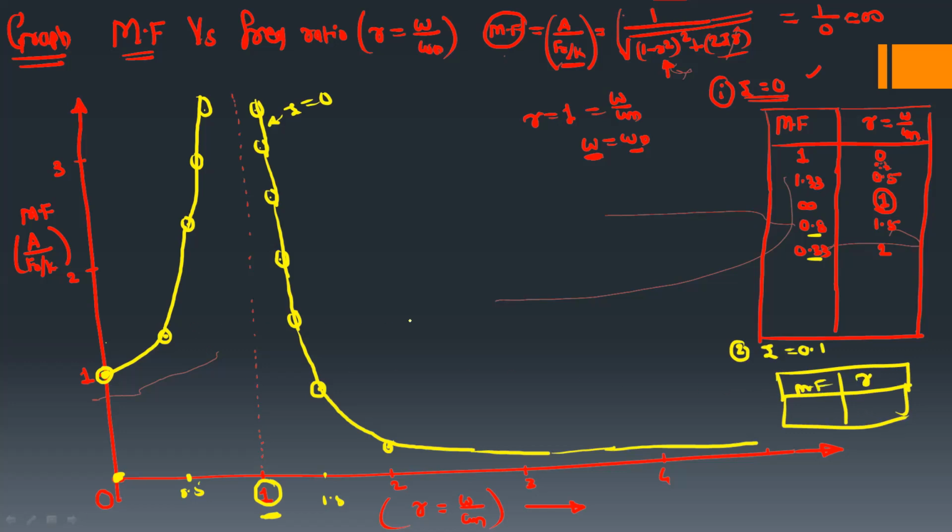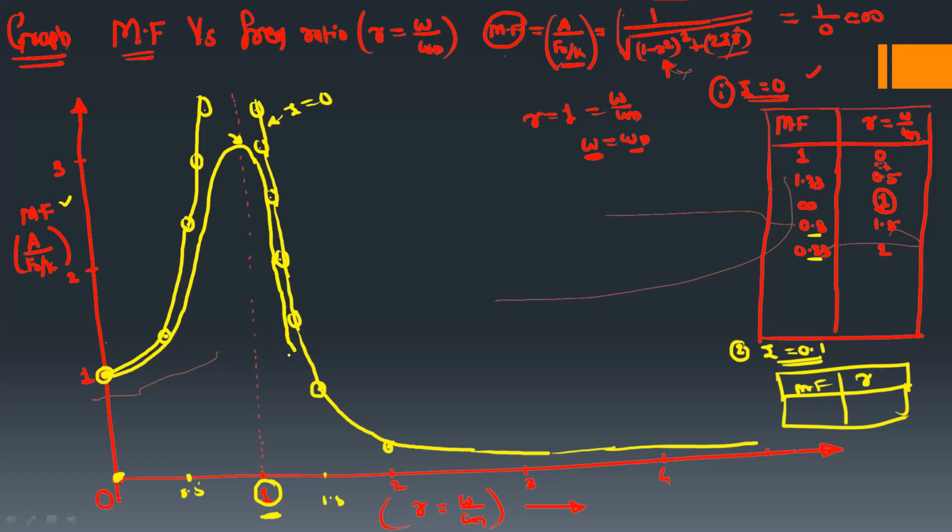Okay. So what is the effect of adding the damper in the system? It will reduce the maximum value of the magnification factor at the resonant condition. Okay. So you can observe here the effect when we add zeta is 0.1. So the nature of the graph will be like this. Now this value is not infinite.